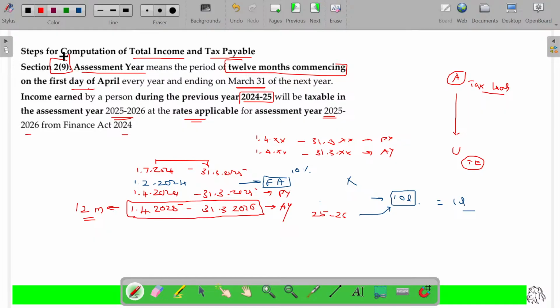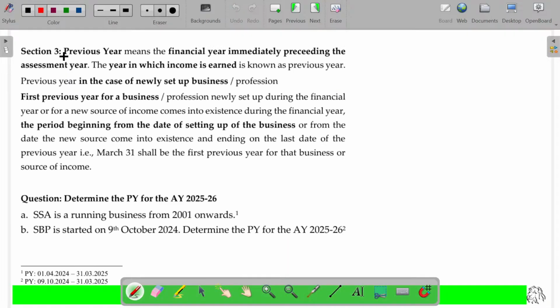Go and see the Act for just a glance, not required to memorize. It will have a complete set, like a glossary for definitions. So here section 2 clause 9 defines assessment year. So we have now completed that. Clear? As I already told you previously,